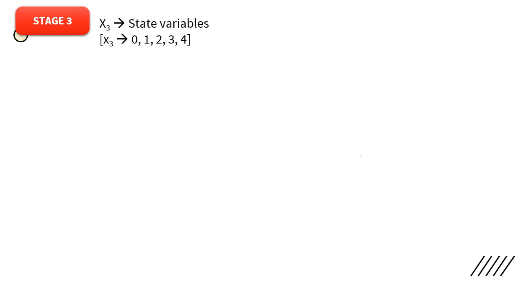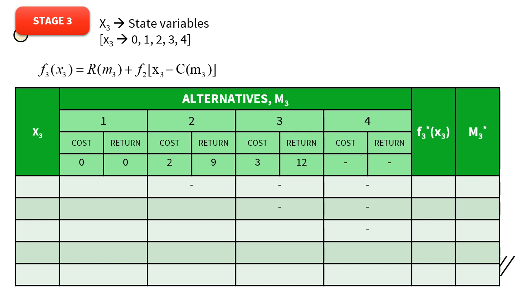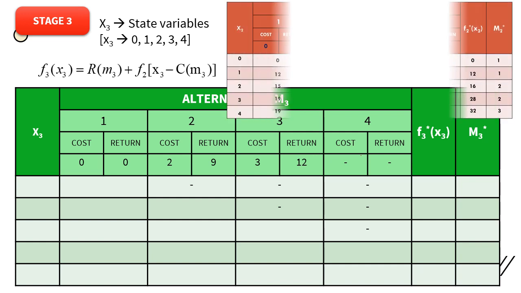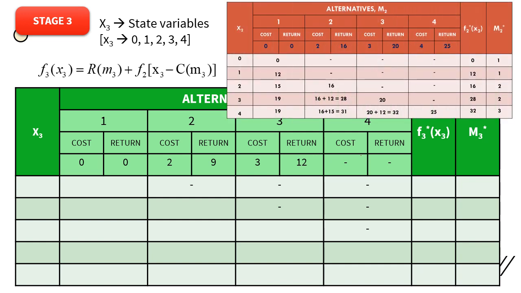Next we will go for stage 3. In stage 3, again the alternatives and whatever it is, your state variable is the same, and of course f of x3 is the cumulative of the previous table and the current table. So this is the table 3, which indicates plant 3, and my previous table, which is plant 2 table, is mentioned here because that is the best alternative. So we are not going to consider plant 1 now. So the variables are 0, 1, 2, 3 and 4. So we will again proceed as we proceeded earlier.